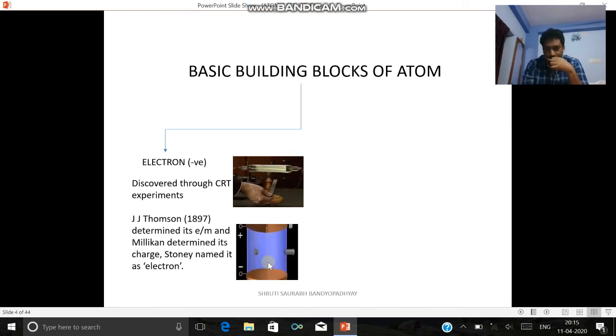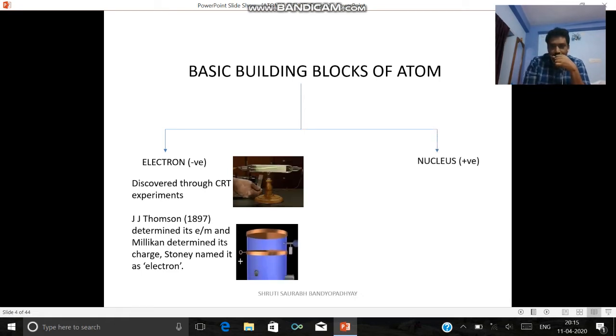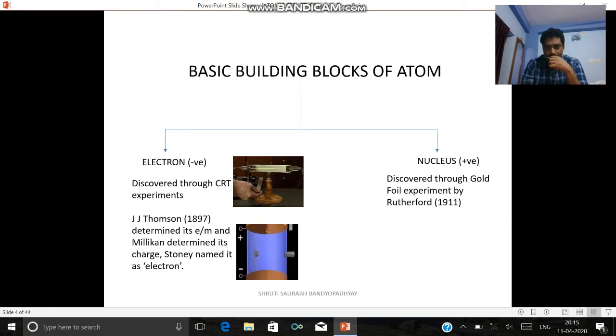Okay. Now the other part, nucleus, positively charged. Electron was negatively charged and nucleus is positively charged. Total negative charge of electron is balanced by total positive charge of nucleus, we know, to maintain the electrical neutrality of atom. So nucleus was discovered through Ernest Rutherford's gold foil experiment,